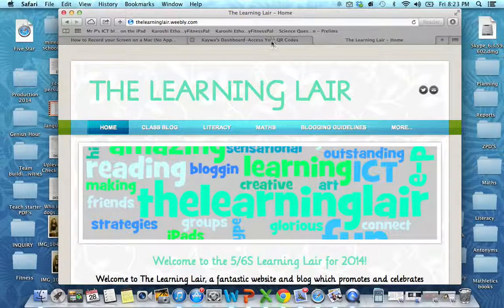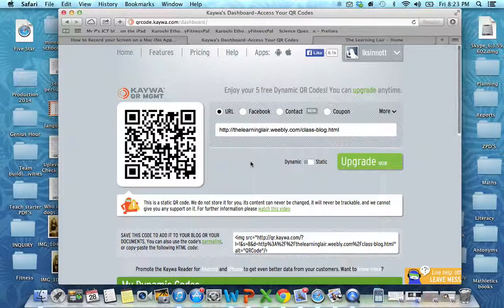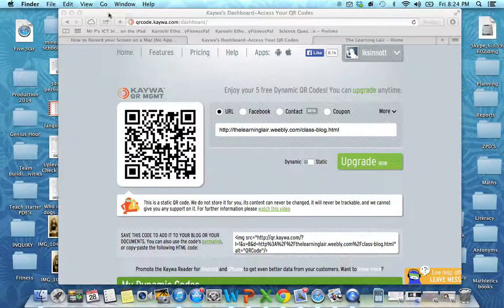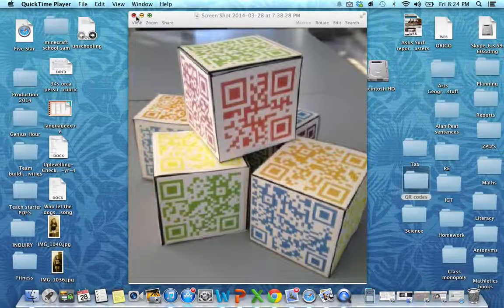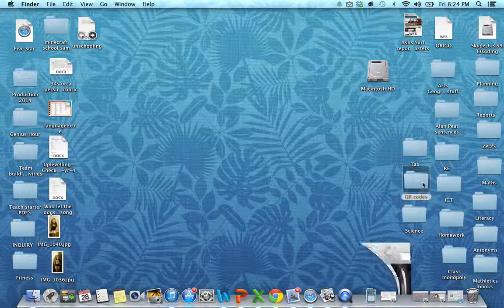So especially for the kids in the early years, if there are different websites that you want them to go to, it might be for an inquiry project or something like that, and they're using the iPads, rather than waste 20 minutes having them type in the URL, I know that I've got an image here somewhere, which I'll just show you, which I thought was a really good idea,